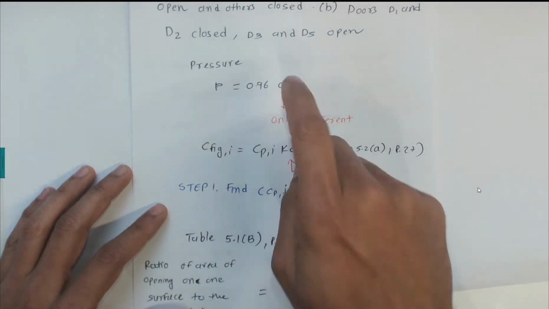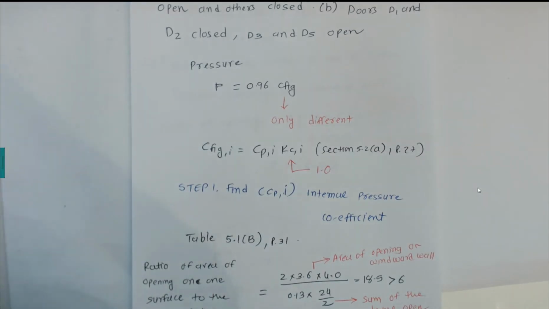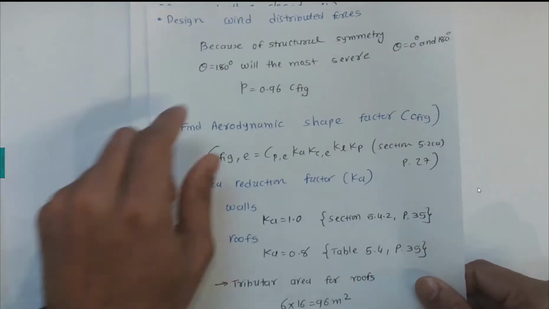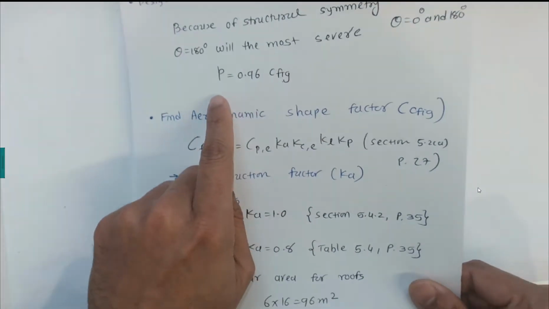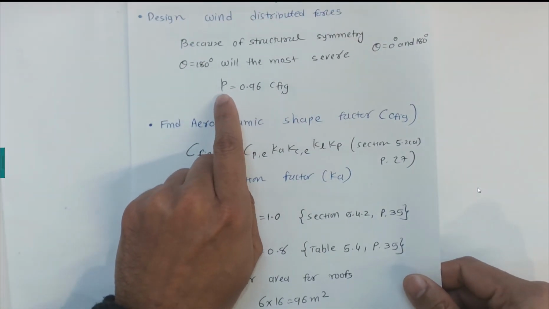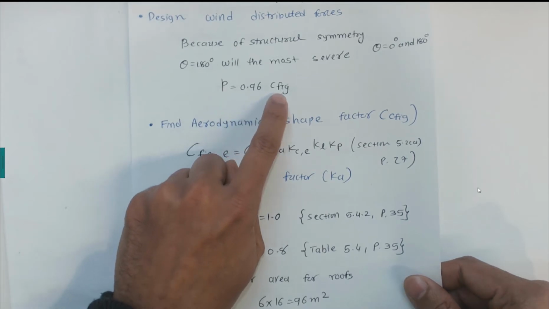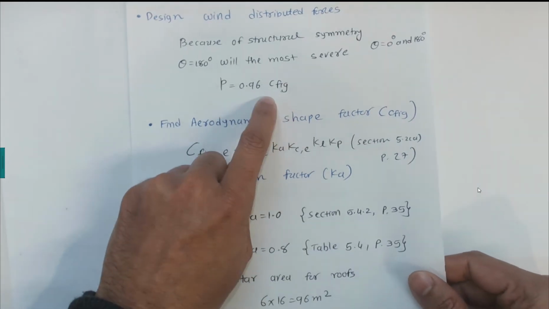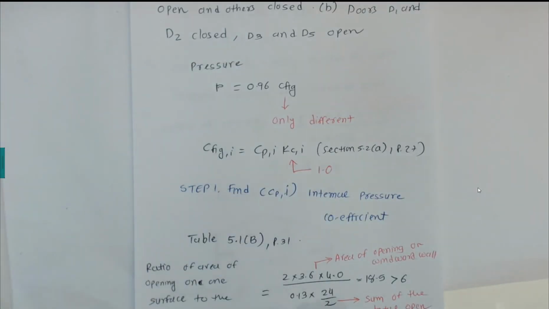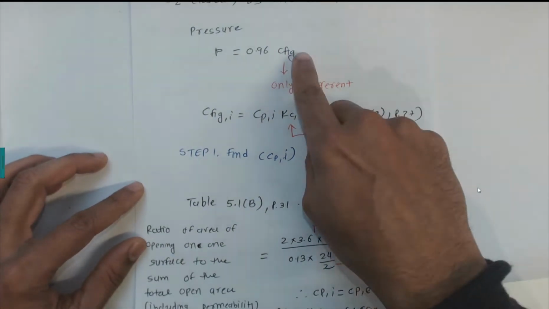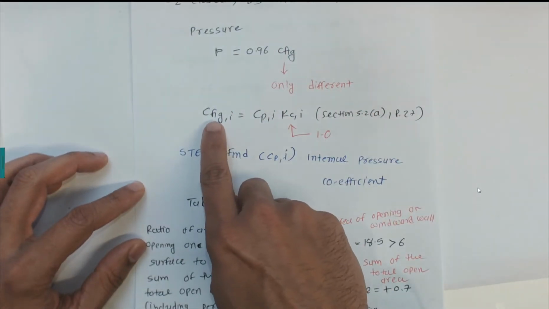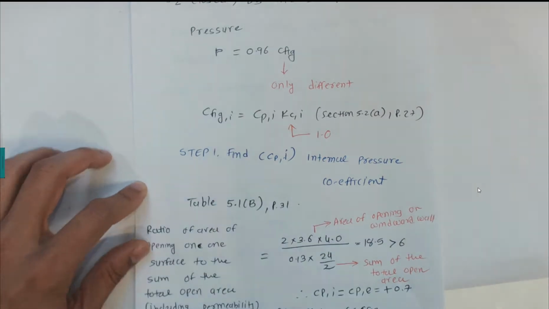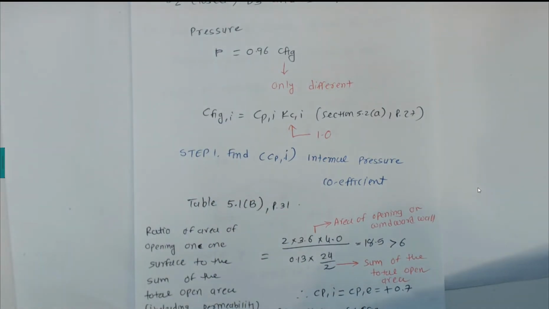Now, the equations that we found in the previous case, I can show here: the design wind distributed pressure force, P, is equal to 0.196 C fig. So we are going to use the same equations. For this case we need to find the aerodynamic shape factor for internal pressures, which is given in section